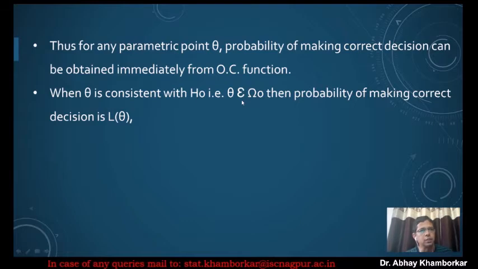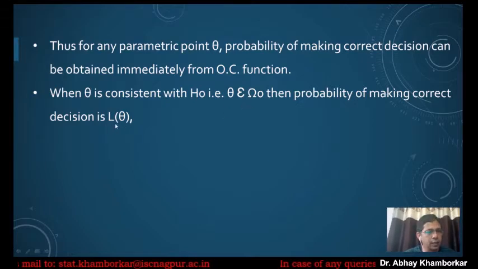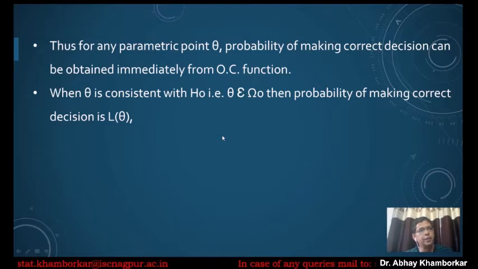In such cases, L theta will represent the probability of making correct decision. 1 minus L theta will not represent, but only L theta will represent. Why? Because h naught is true, and L theta represent the probability of accepting the hypothesis